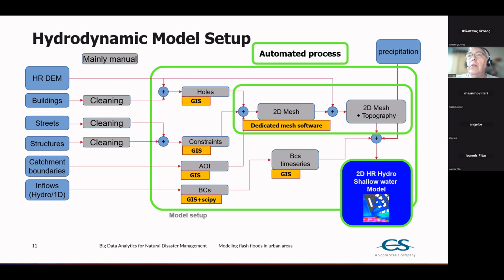That's the way the hydrodynamic model is set up. You have a high resolution digital elevation model, which here is a mix of the LIDAR data and the topographic surface, and you have to mix them. Then we have another dataset, which is the ground occupation, and we have to extract the building